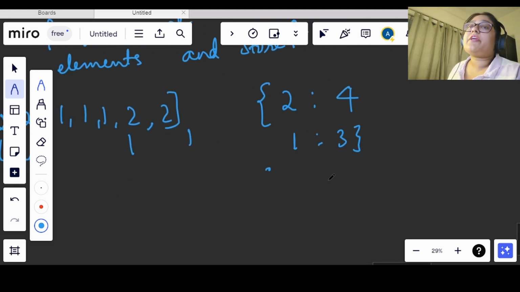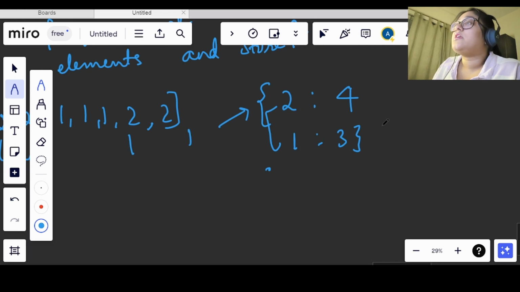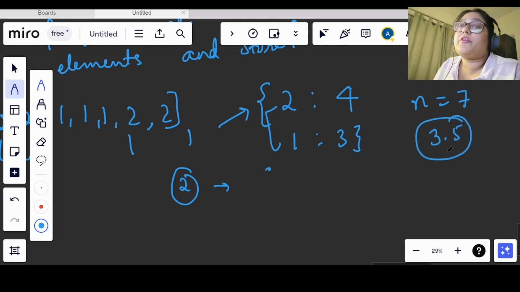Now after storing the key value pairs in the dictionary, we will iterate on each key and see which value is occurring greater than n by 2 times. Here n was 7, so what is the value of n by 2? It is 3.5, right?